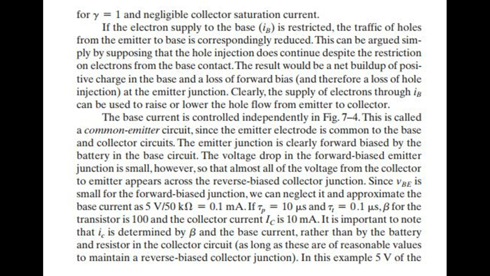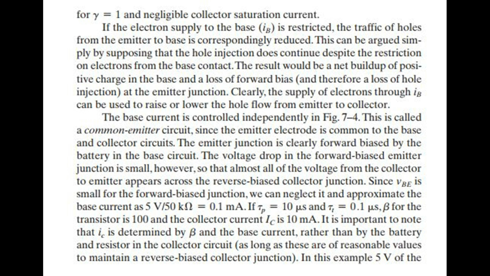The voltage drop in the forward biased emitter junction is small, however, so that almost all of the voltage from the collector to emitter appears across the reverse biased collector junction. Since VBE is small for the forward biased junction, we can neglect it and approximate the base current as 5 volts divided by 50 kilo ohms equals 0.1 milliamps. If Tp equals 10 microseconds and Tt equals 0.1 microseconds, B for the transistor is 100 and the collector current